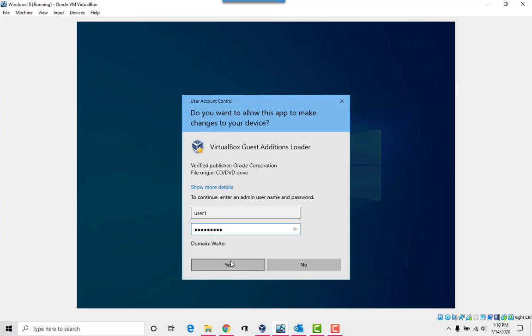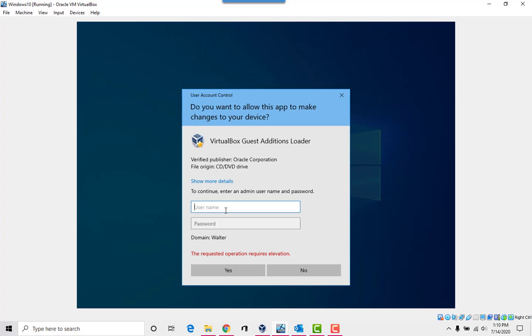If that doesn't work, then we have to use the server username and password. So it would be the server, which is of the Walter domain, which is administrator. This is why it's good to have machines join your domain, because you can control what the users can install and what they cannot install.